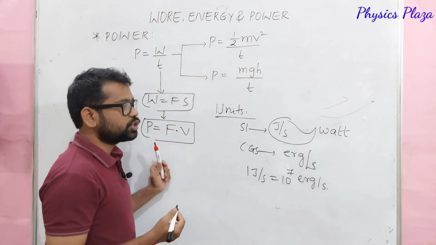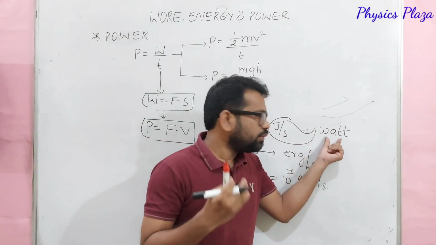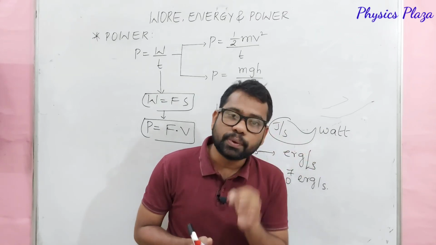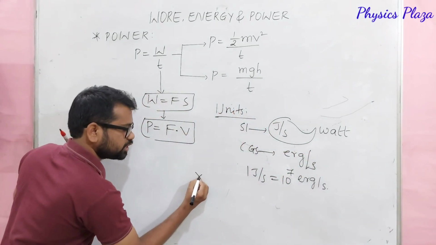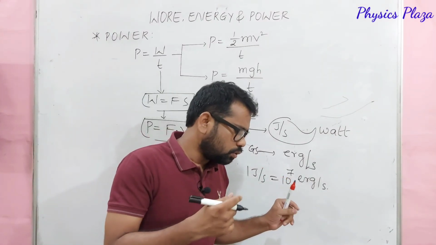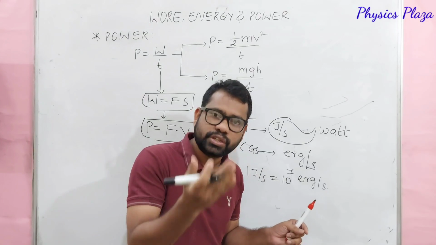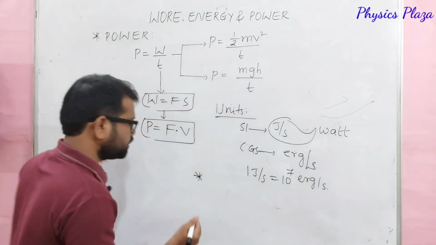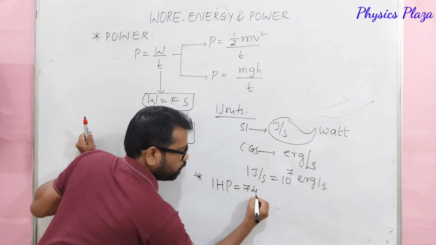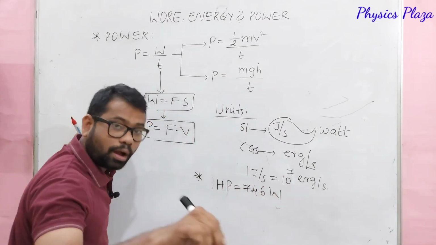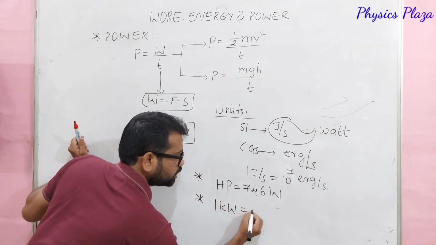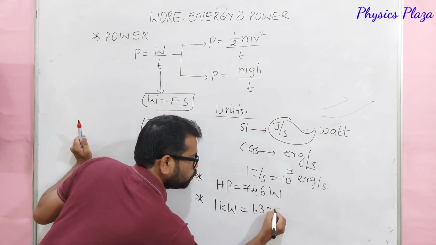Other than this, dear children, of course, besides the watt, we can use kilowatt, megawatt and gigawatt also. Other than this, we have horsepower. It's very important. Horsepower is a special unit of power. It is generally used to measure the power of automobiles, any vehicles or engines. Children, 1 horsepower is equal to, it's very important, 746 watts, and one more very important thing, 1 kilowatt is equal to, dear children, 1.32 horsepower.